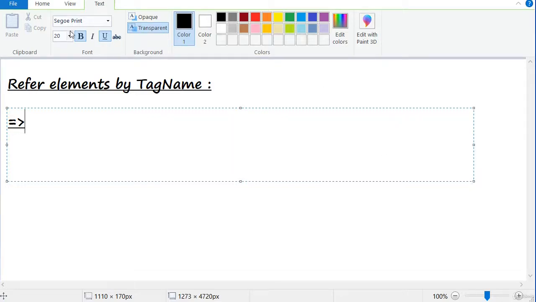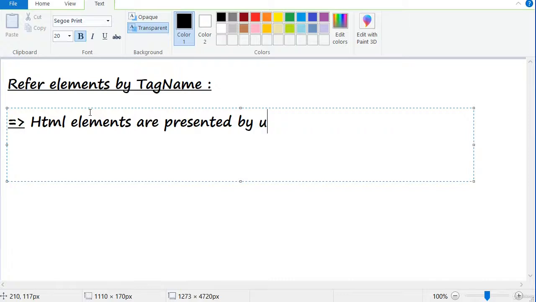First we will make a note about this. HTML elements are presented by using tag.